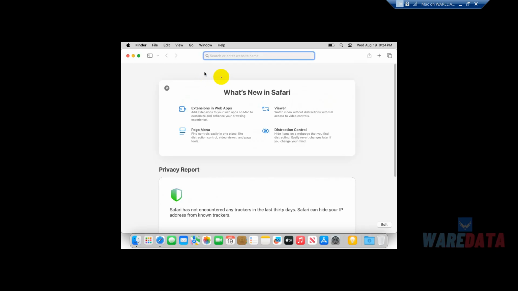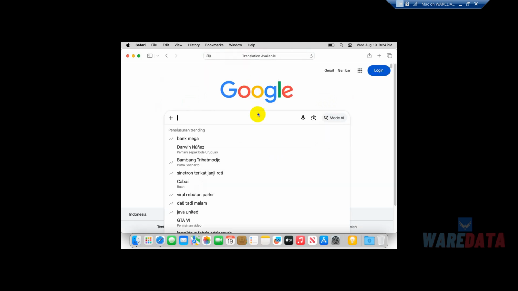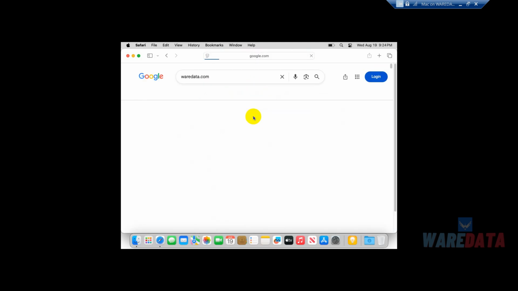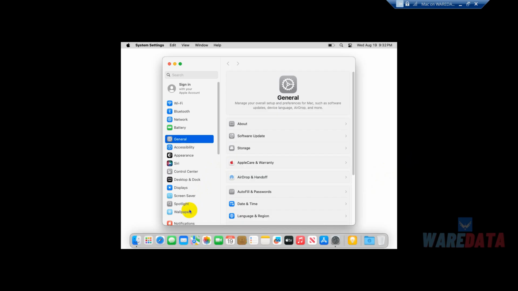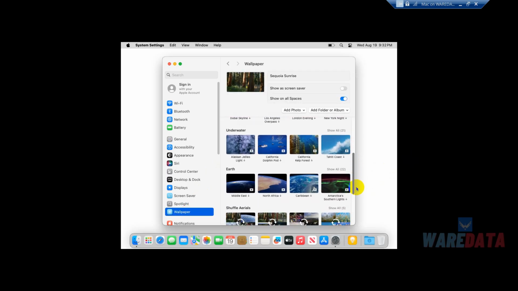You can also change the wallpaper later. Like that. Okay, and in here, let's change the wallpaper by clicking in system settings. You can go to the wallpaper menu after that,